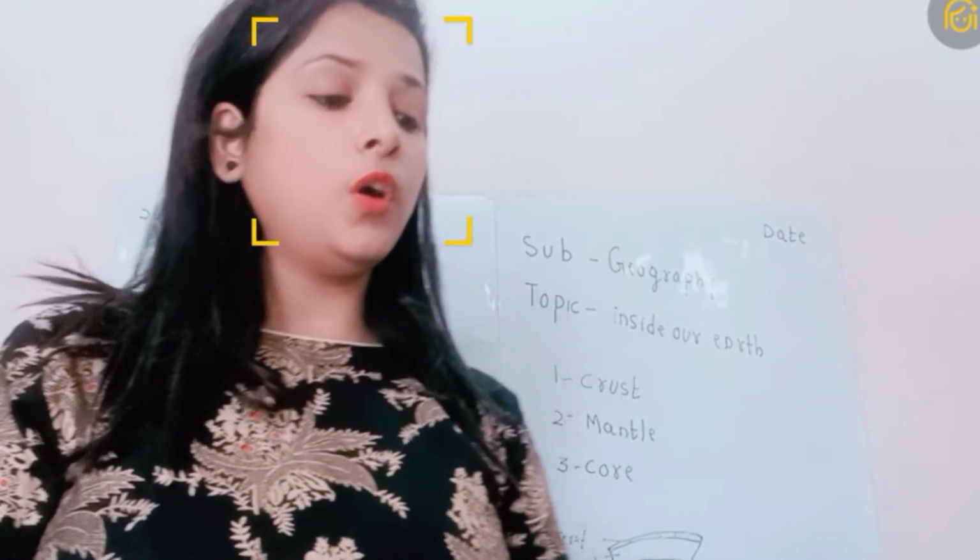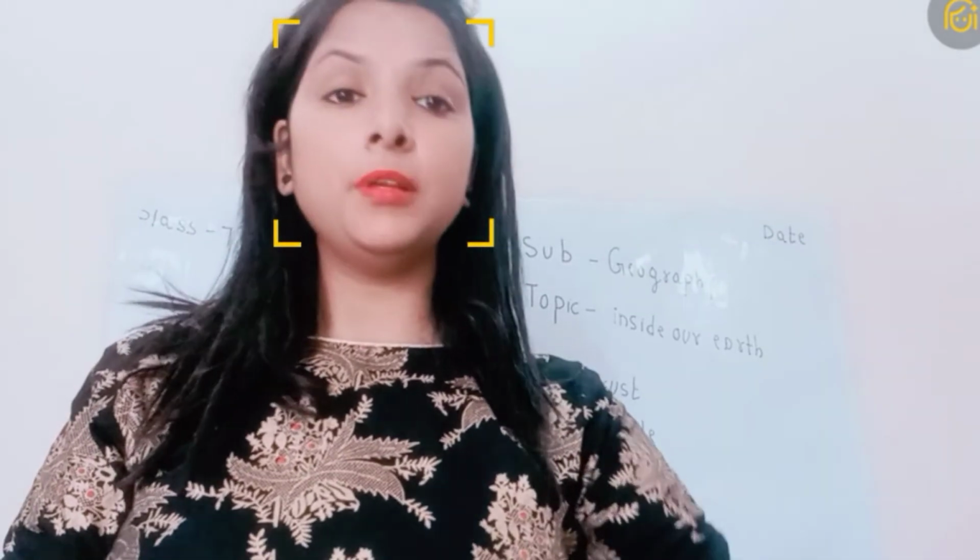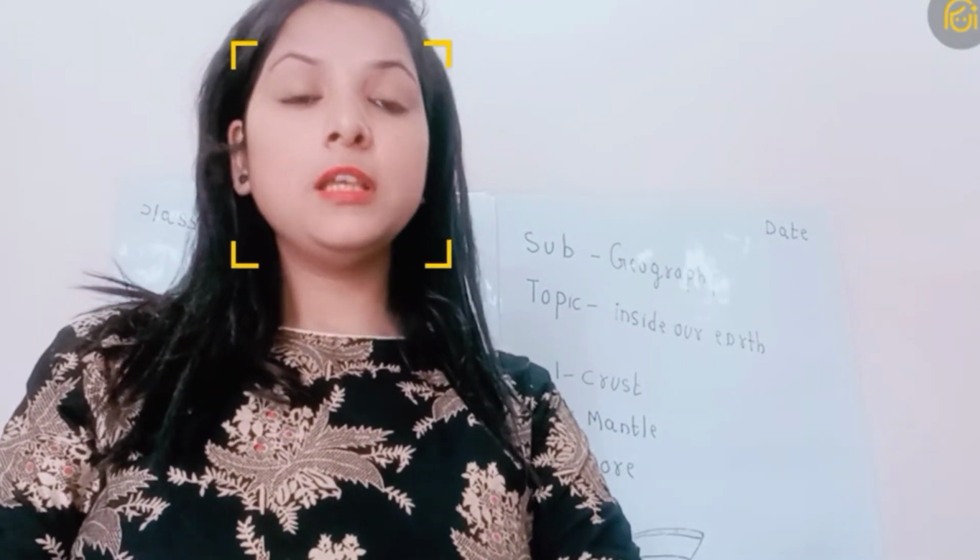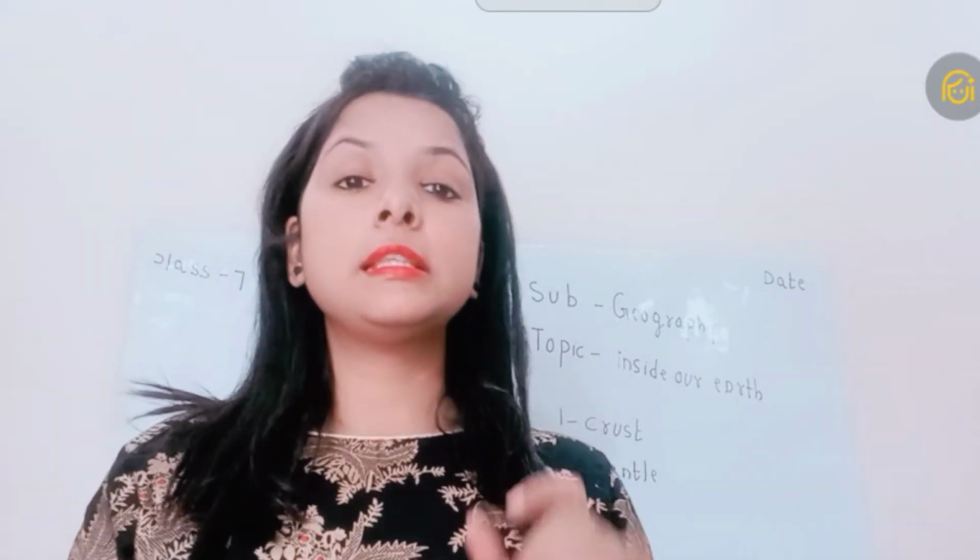So if we talk about the continental mass, it is made up of silicon plus aluminum. That is why it is also known as SIAL. Why is it called SIAL? Because it is made up of silica plus aluminum. And if we talk about oceanic crust, it is made up of silica plus magnesium. That is why it is also known as SIMA. Sorry, silica plus magnesium. That is why it is also called SIMA. Okay. Now,